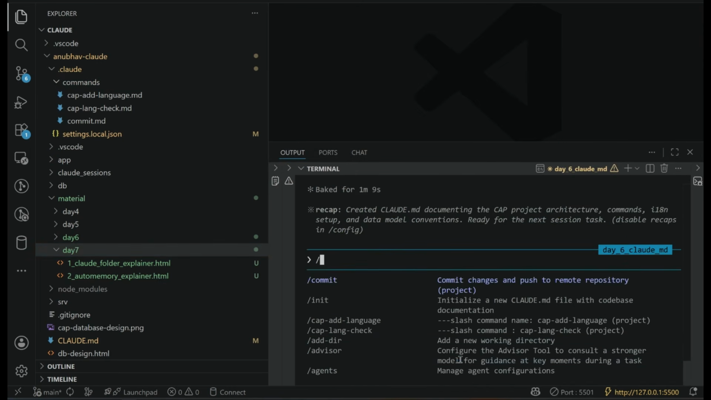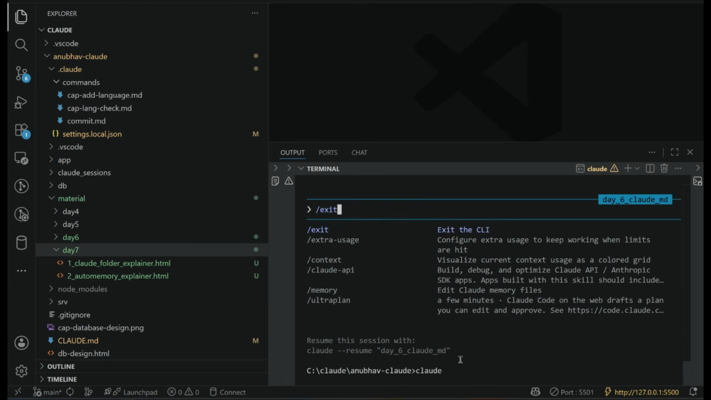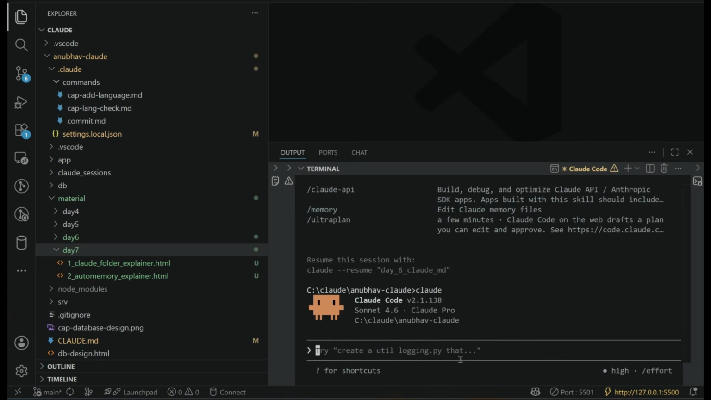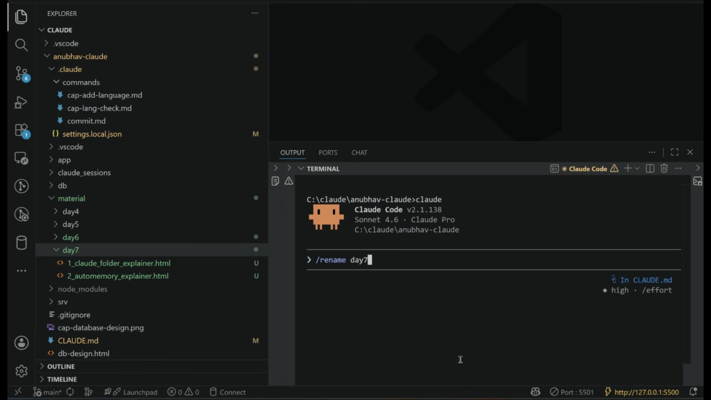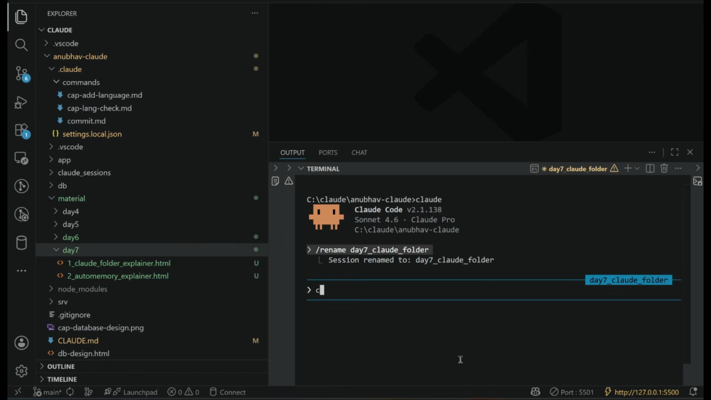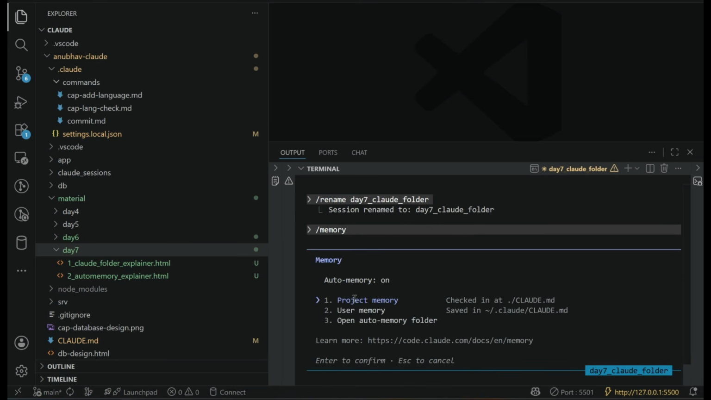and let me just exit this terminal and start a new one for Claude, and I can say rename to day 7, where we talked about the .claude folder. And now I can come back. So I will write something called memory. What does it do? You can see it is asking me to load project memory, user memory, or open auto